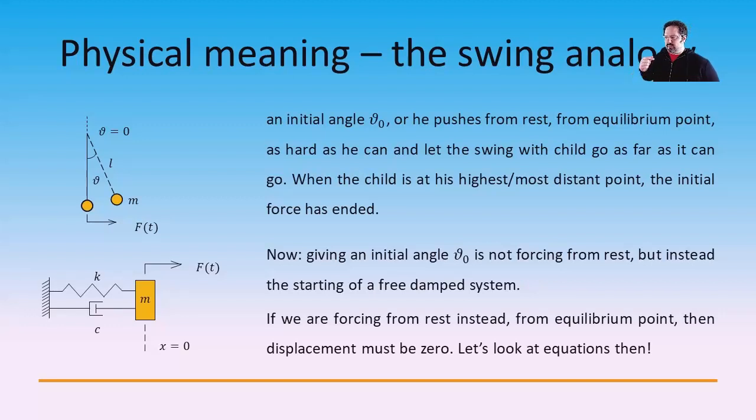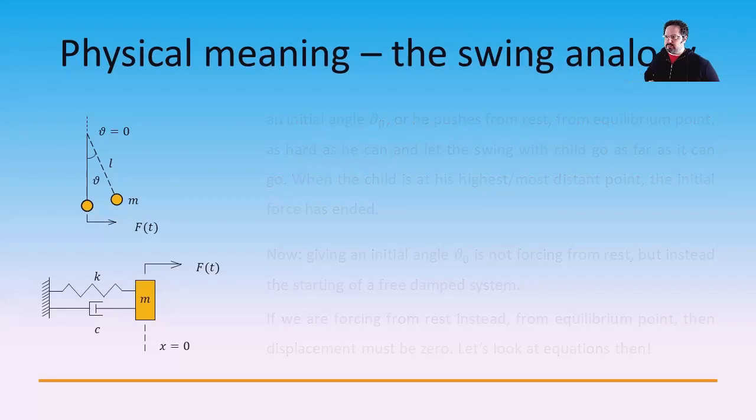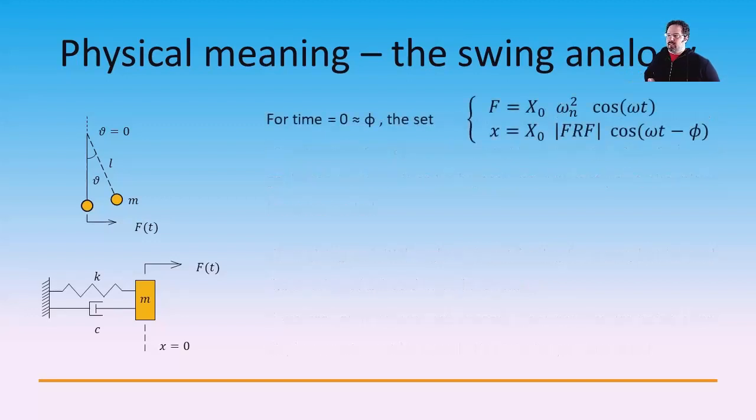Let's look at the equations then. For time equals 0, the set of the two, force and displacement, becomes this one, because time is equal to 0, cosine of 0 is equal to